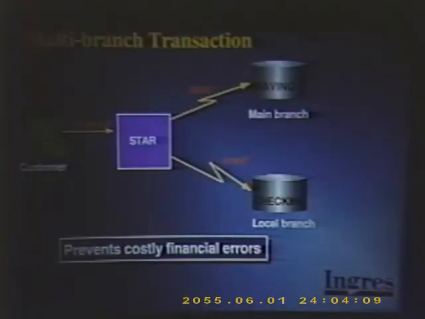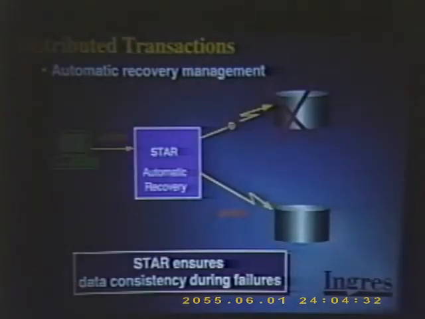Ingress Star would ensure that either both the debit and the credit occurred or they didn't occur. It's actually more complicated than that, as Larry Rowe was pointing out. There are all sorts of failures which can occur at any point within a distributed transaction. And Ingress Star includes a feature called automatic recovery, which ensures, regardless of the failure scenario, whether it's a computer,